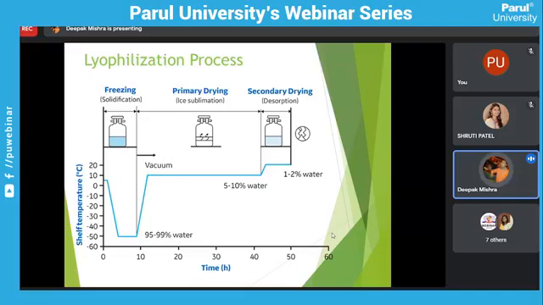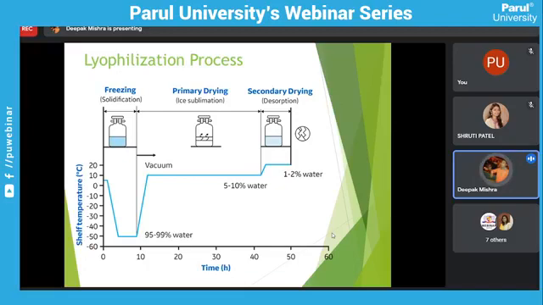After complete freezing, we apply vacuum and increase the temperature. How to select the primary drying temperature, we will discuss in the next slides. Primary drying is the first step of the drying process. In this step there is ice sublimation. Sublimation is the process of removal of water with a sustained increase of temperature. After this step, 5 to 10% water remains in our bulk formulation. The third step is secondary drying.